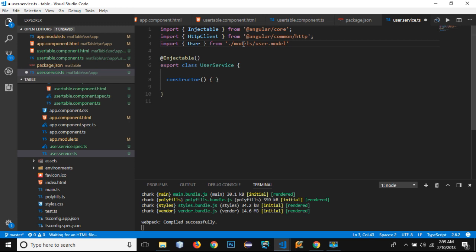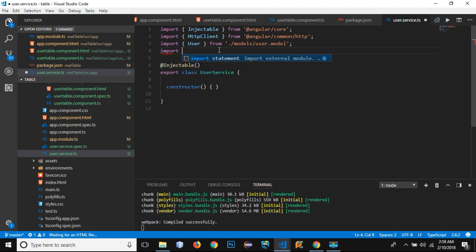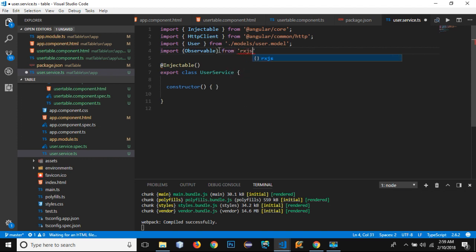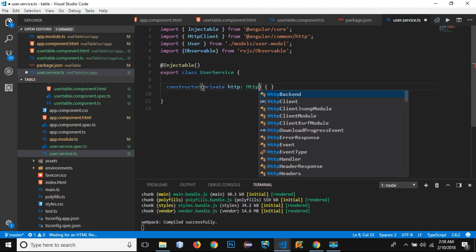So we have imported our model file successfully, and after that let's import our observable, because I need to import the observable module in order to use that model. So I will use observable, and this is from the RxJS library. Okay, and within our constructor I need to create the HTTP client,